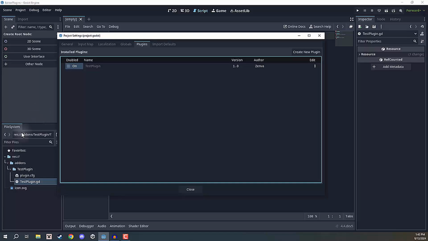So if we had a custom window setup, if we had a custom inspector and all of that, that would then make those things vanish or go away. Whereas if we enable them, that will then bring them back. Okay, so you can turn on and turn off plugins as you see fit. Now, I'm just going to turn it off for now, and then we are going to go back inside of